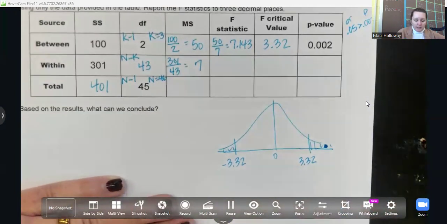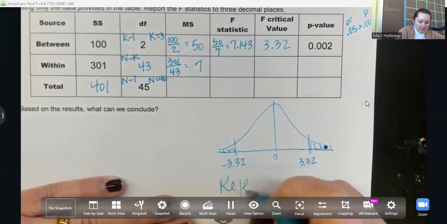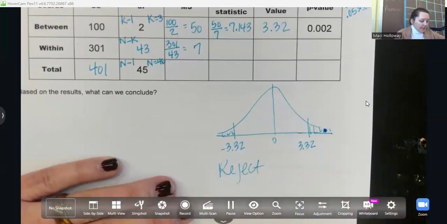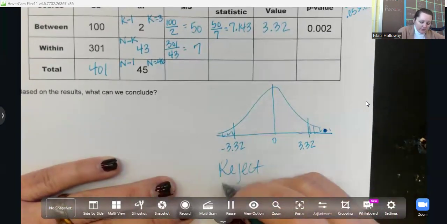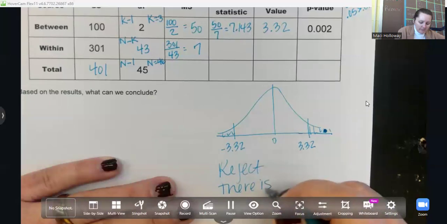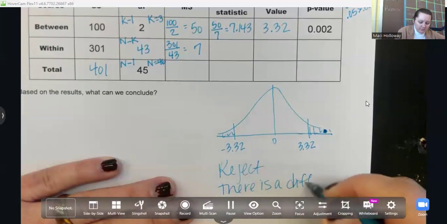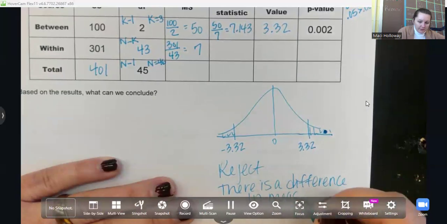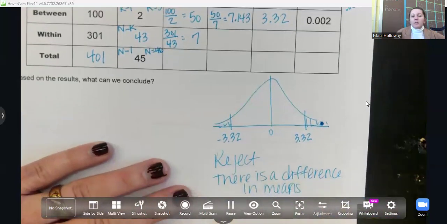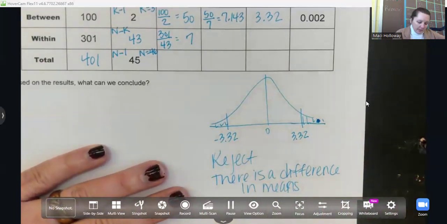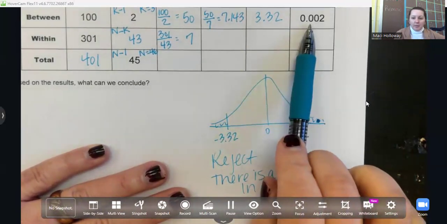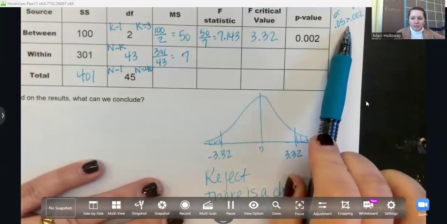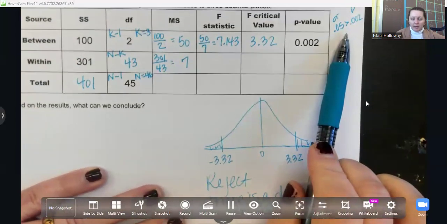And so I need to reject my null hypothesis. So I am stating that there is a difference in means. We don't know what the means were or what we were testing for, but we know that there is a difference. So knowing that the p-value is 0.002 and it's less than the alpha level,